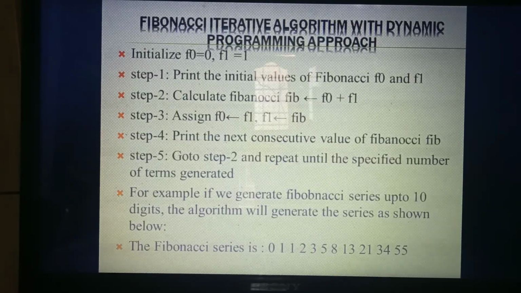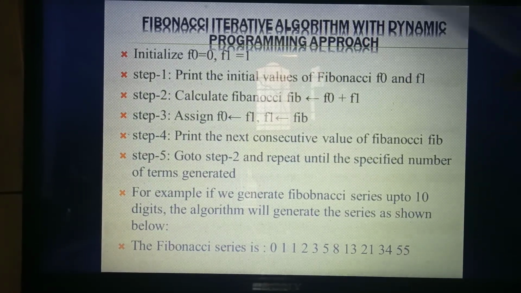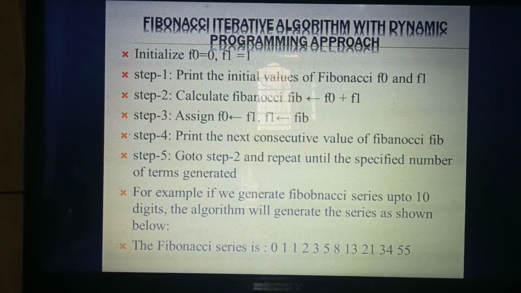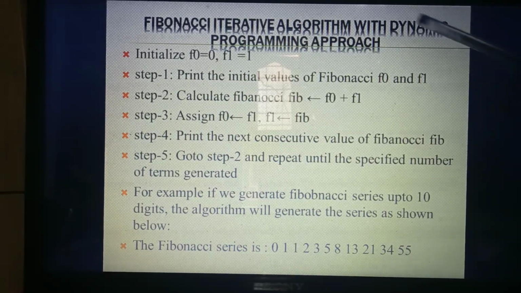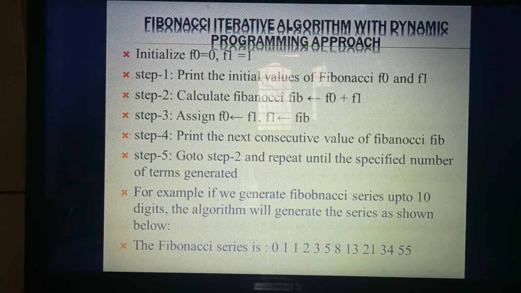Understand? Yes. Next, this process is what we call iterations. In C++ programs we have already studied iterations in the for loop. Are you remembering the for loop? For i equal to 0, i less than or equal to 5, i plus plus. What's the meaning of that? It will iterate how many steps? 5 steps. 8 means 8. It is the same with the Fibonacci series. So they have given the Fibonacci iterative algorithm. In which approach do they use the Fibonacci iterative algorithm? The dynamic programming approach.